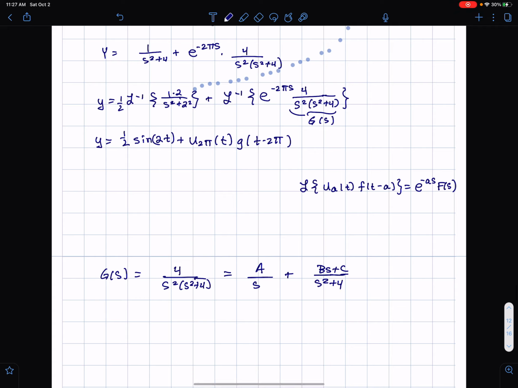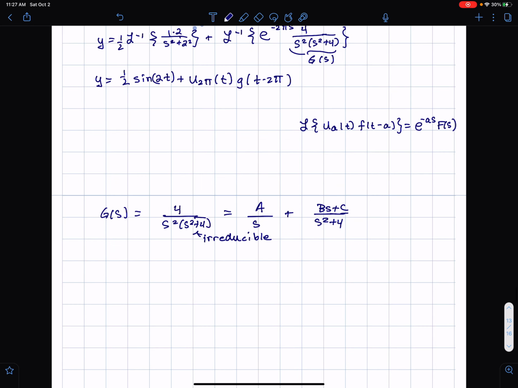So why would I do that? Because this is irreducible, it does not factor. Some people would say, well, let's go into factoring over imaginary numbers, but I'm not going to do that. That might be a good way to do it, but it's not what we're doing right now in this class. Okay, so I expand that and I clear the fraction, and